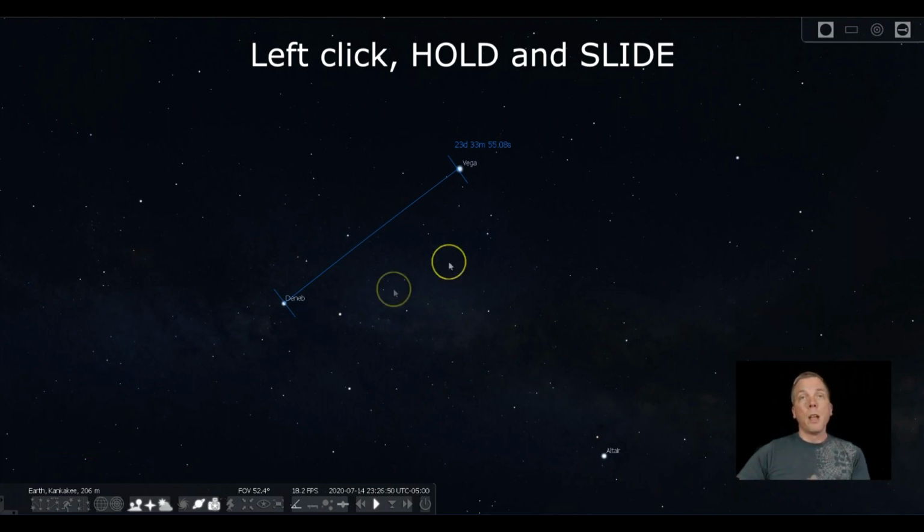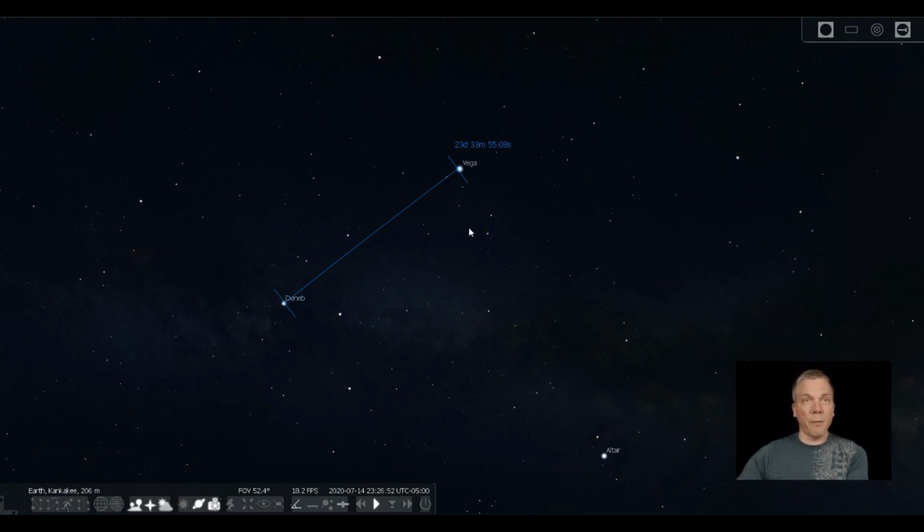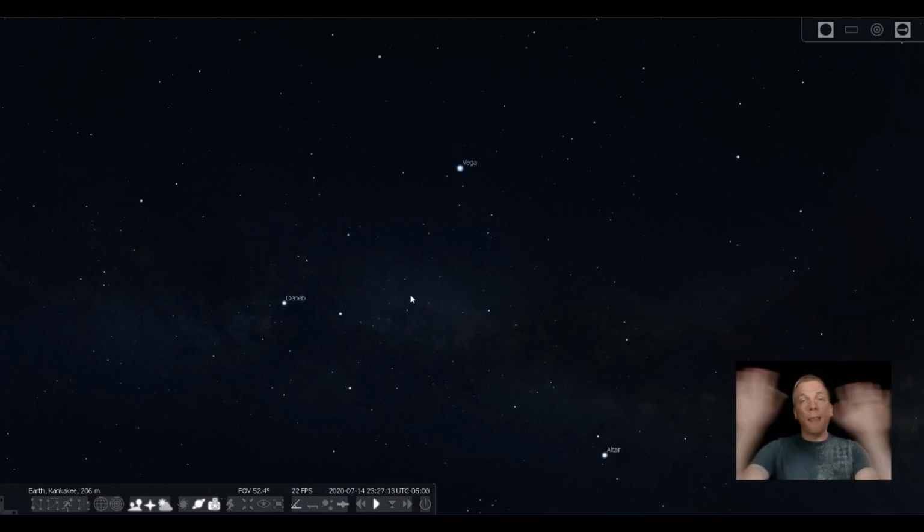For example, that may be where you want to measure from Vega to Deneb, but what if you say, well, I want to know what Vega is to Altair? Well, you don't actually have to measure it again. You can just hover over Altair and then right click with your mouse, and then it automatically measures from there to wherever you want to go. If you say, oh, I want to measure over here now, you can right click with your mouse button, and then to get rid of it, you just left click, and then that gets rid of everything.